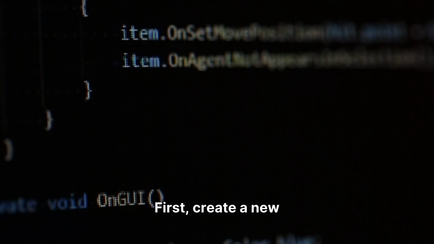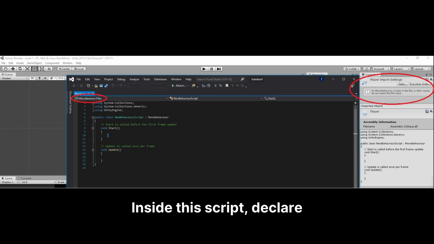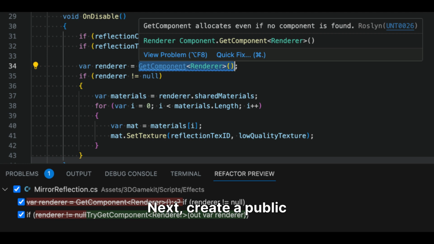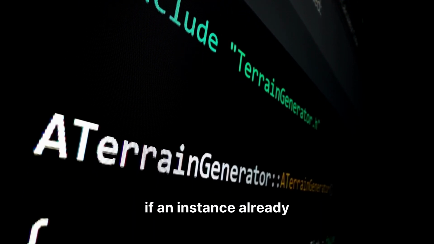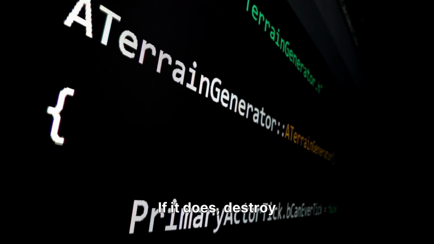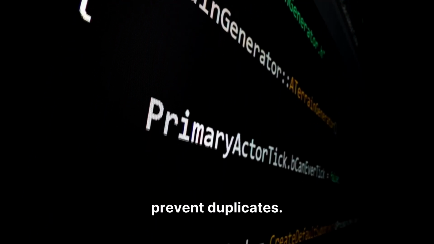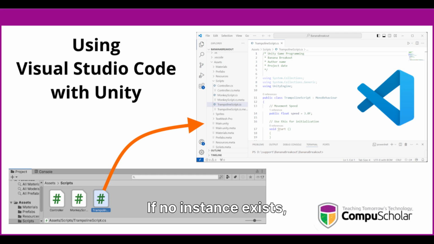First, create a new C# script in your Unity project. Inside this script, declare a private static variable of the class type to hold your single instance. Next, create a public static property, often named Instance, which will provide global access to this unique instance. In the Awake method, implement logic to check if an instance already exists. If it does, destroy the new game object to prevent duplicates. If no instance exists, set the current instance to this and use DontDestroyOnLoad to ensure it persists